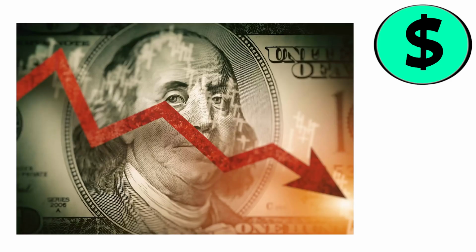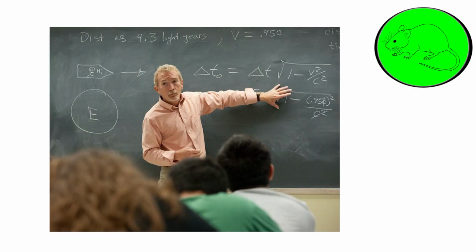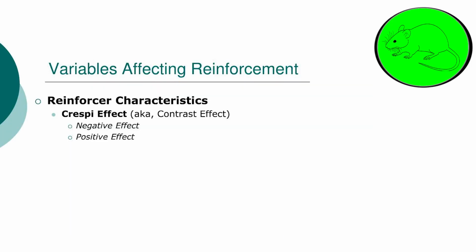Influence on perception: the presence of money can affect the perception of others. For example, people may perceive others as more important or competent if they believe they are rich or successful. The next psychological effect will be CRESPI. The psychological CRESPI effect, sometimes known as the Sherlock Holmes effect or the hyperbolic discounting effect, occurs in situations where